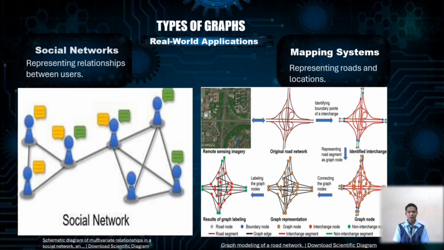Social networks. A social network is a structure that shows how users are connected or related to each other. This relationship can include friendship, communication, following, or collaborations. Example, Facebook is a social network where users are connected as friends. Each user is a node, and the friendship between users is a connection showing how people are related within the network.